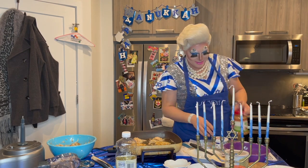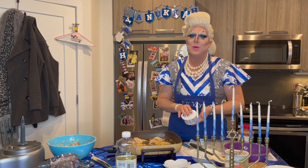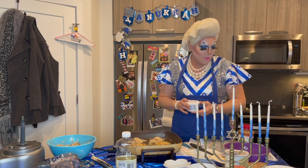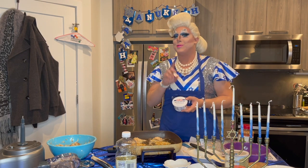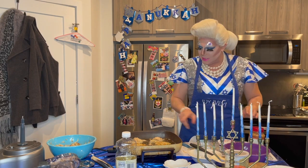Both applesauce and sour cream are great condiments to go with your latkes. And if you can't make your own sour cream, store-bought is okay now. So you take these, and then once these are done,